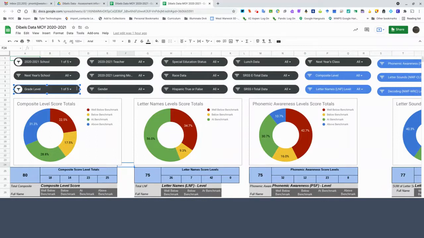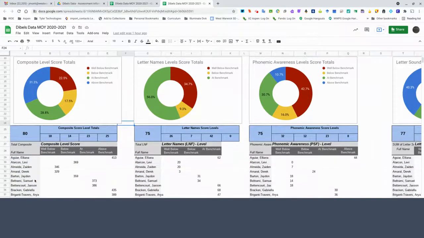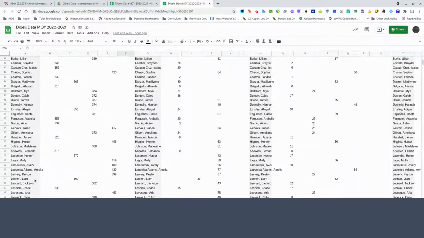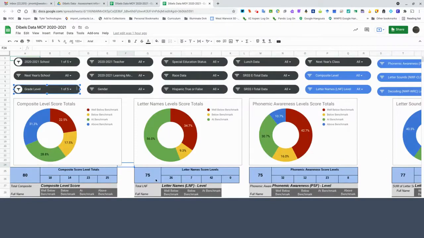And in fact, I can scroll through and I can see all of the 80 students in a list here, right? And I can actually see that in letter names, we had 75 out of the 80 that took this assessment. And we can see that 56% were at benchmark, 9.3 were almost at benchmark, and then there were